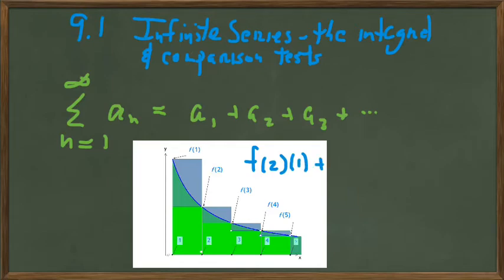So f of 2 plus f of 3 plus dot dot dot is these lower rectangles here,